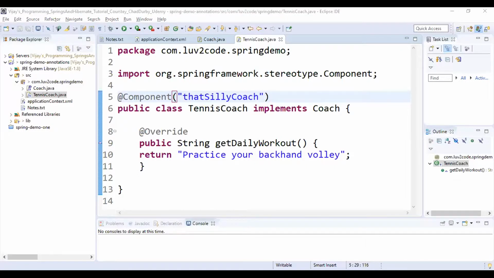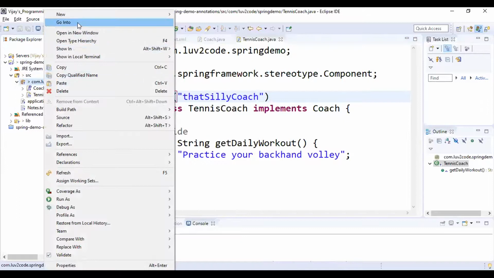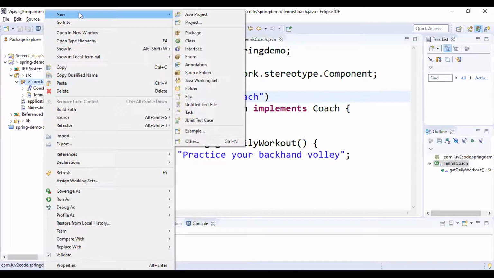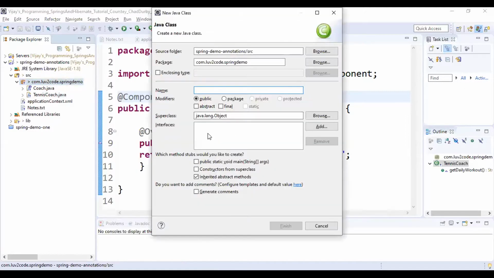What is the name of the driver class? That is AnnotationDemoApp. Right click on the package, highlight New, select Class. The name of the class is AnnotationDemoApp.